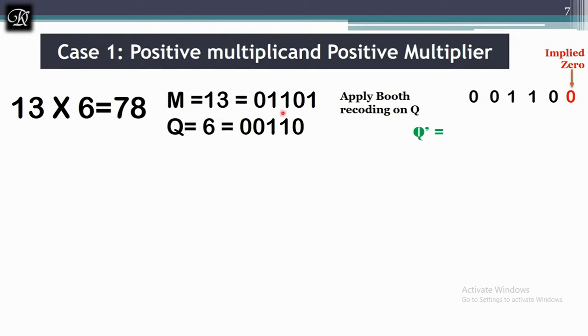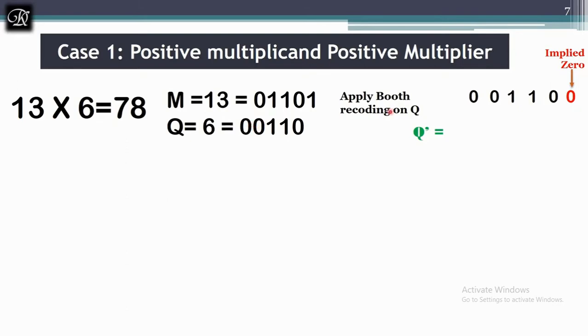So I will write the binary version of 13, that is 1101, and it's mandatory to have a sign bit. Because it's a positive number, the sign bit is 0. And when it comes to 6, 110, but both should have an equal number of bits. So I have added one more 0, and this is a sign bit. Adding zeros before the bits is not going to change the value of the number. That's why we can add zeros to make sure both M and Q have an equal number of bits.